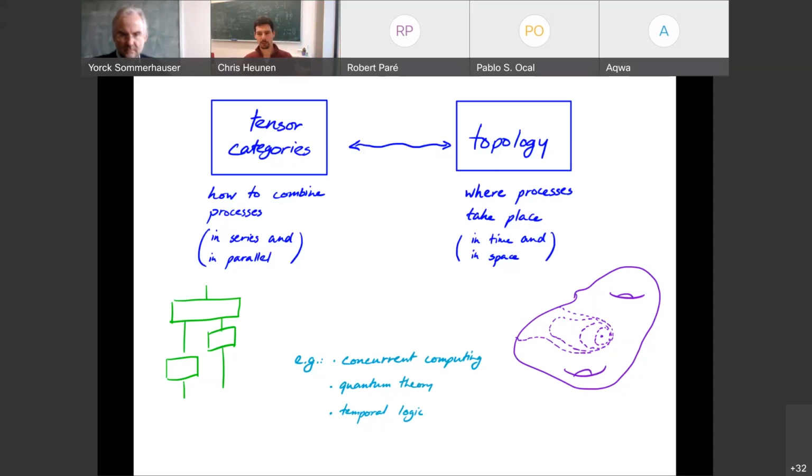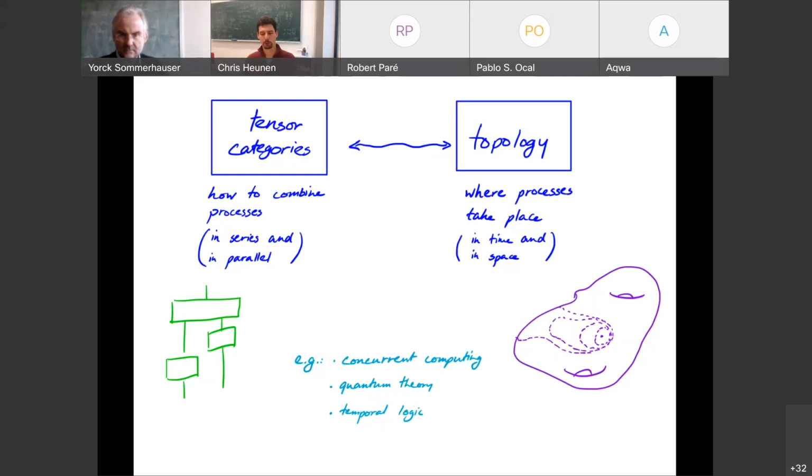And topology, the way I see it, is a study of where things take place. So it's all about where things happen, where things live. And usually that happens on a topological space, of course. And typically people think of that as space because it's already in the word space. But you could think about a space-time, if you like, where the topological space of the manifold is not just spatial coordinates, but actual space-time regions. So we'll see how these two things interplay with each other.